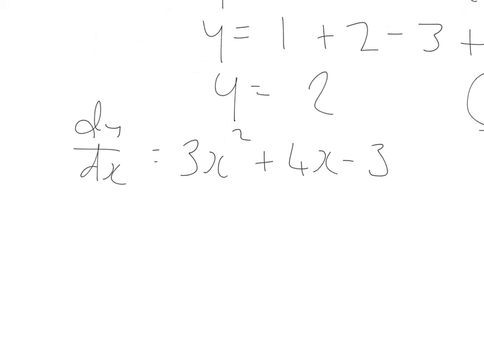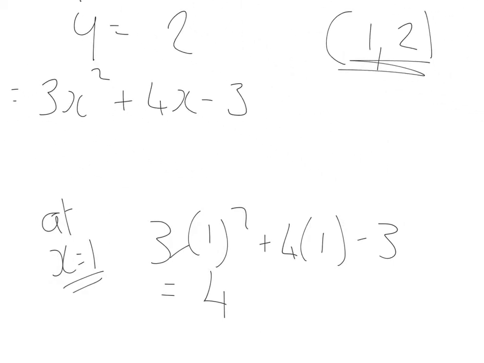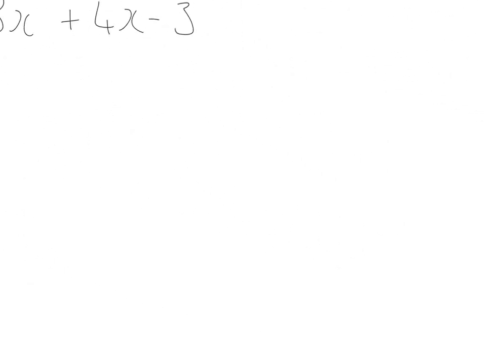I'm then going to look at x equals 1, and that will be 3 lots of 1 squared plus 4 lots of 1 minus 3. That will give me a gradient of 4. So I've got the gradient, which is 4, I've got the point of contact, which is 1, 2, and that can go into